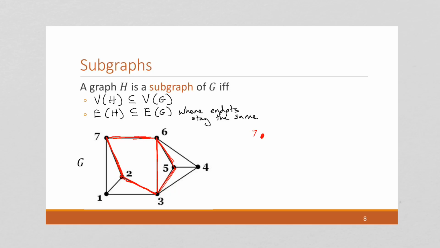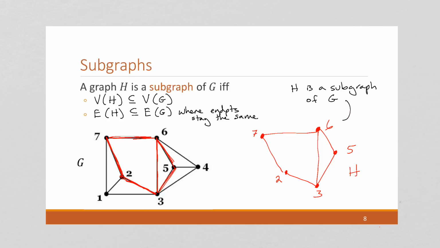We could have this as vertex 7 and 2, 3, 5, and 6. Right, and this is going to be a subset. We can say that H is a subgraph. Let's do it over here. We can say H is a subgraph